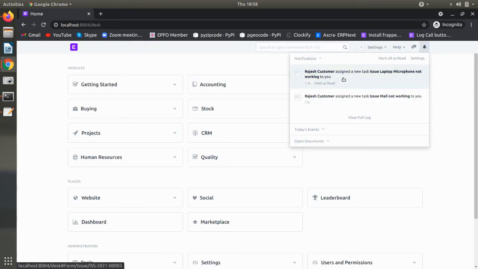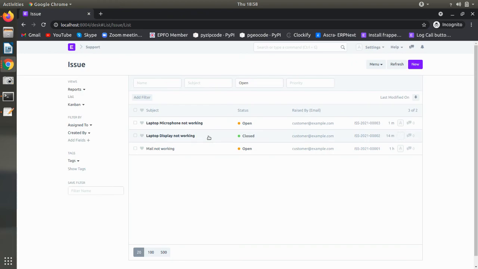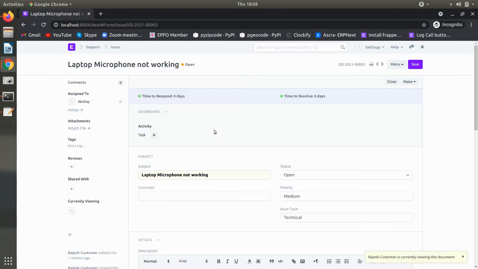Yeah, I logged in as Akshay, and Rajesh assigned the laptop microphone not working issue. He is able to see it from here, or he can go to the support screen and see it from the issue. It is filtered based on his open, assigned tickets. So you can work on this ticket now.